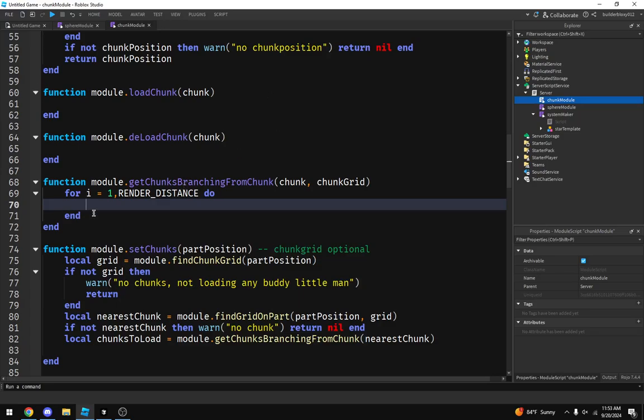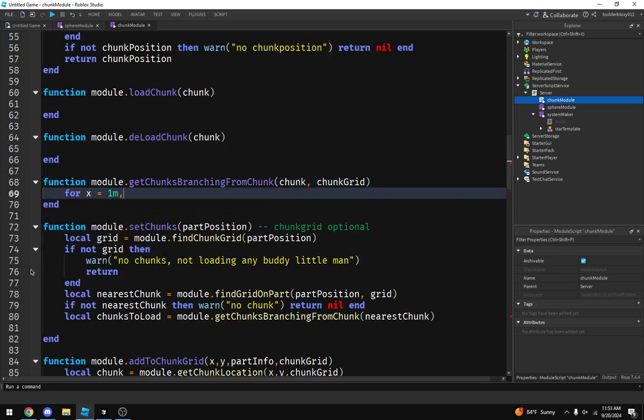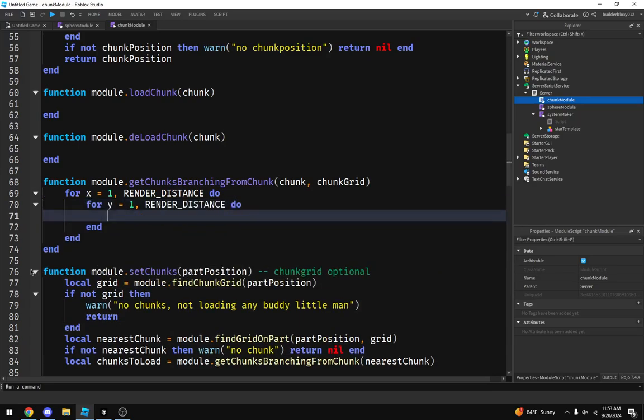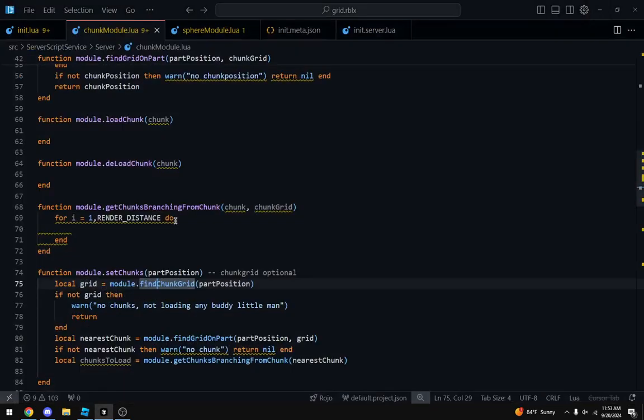Okay. So then what we could do is for x equals 1 through render distance, do. And for y equals 1 through render distance, do. So we are getting x add, y add.